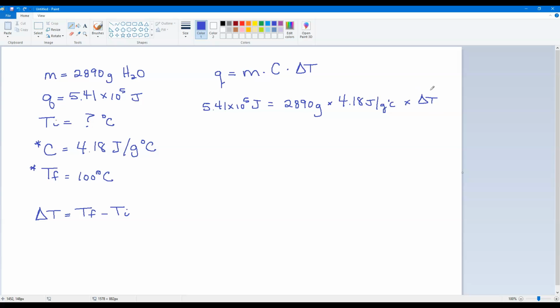The first thing I'm going to do is combine these two numbers following the operation, which is multiplication. When I multiply 2,890 by 4.18, I get